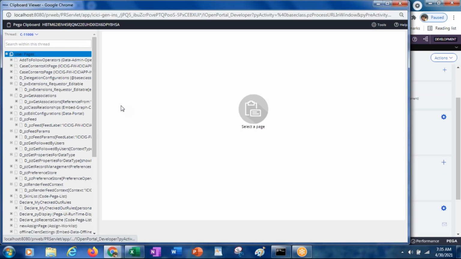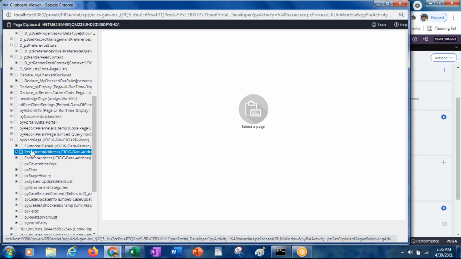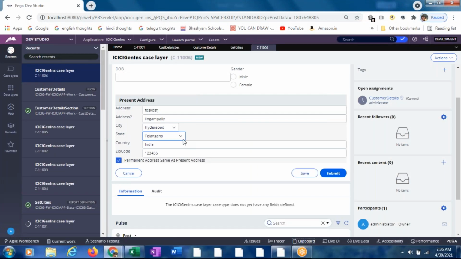If you see the clipboard, let's see whether it will work now or not.